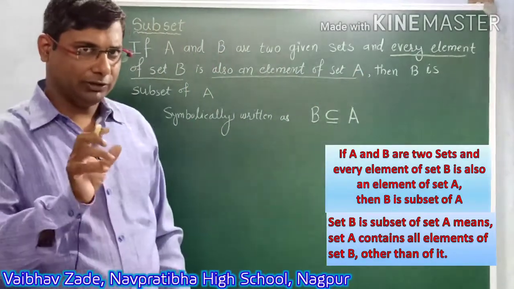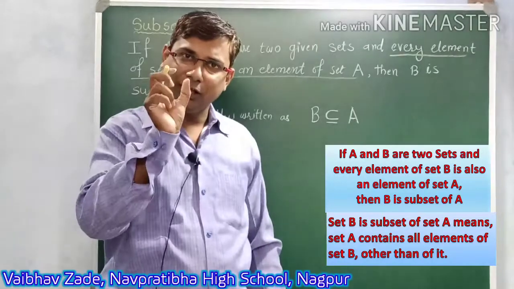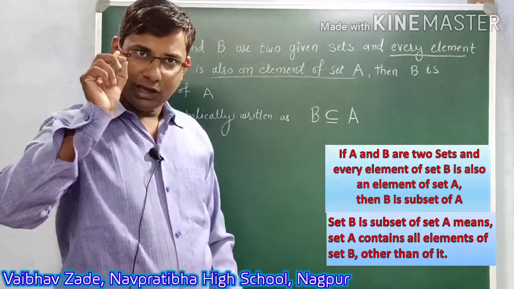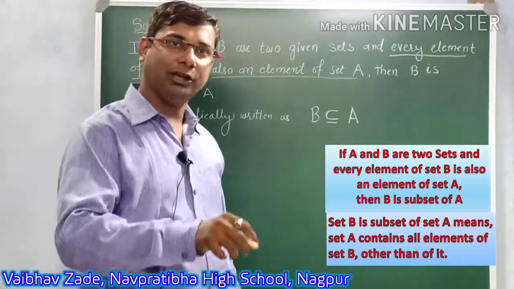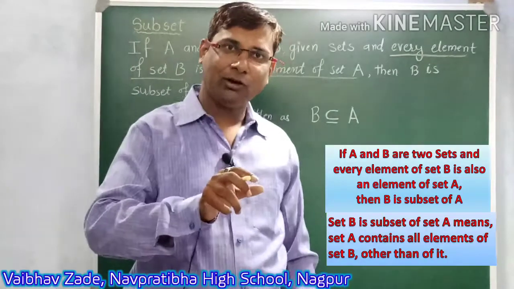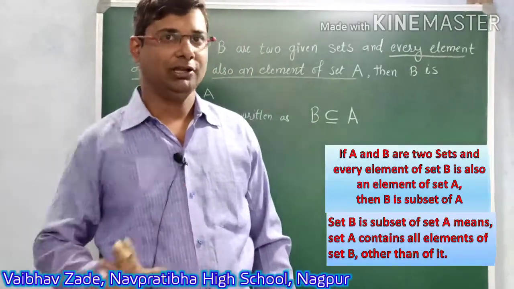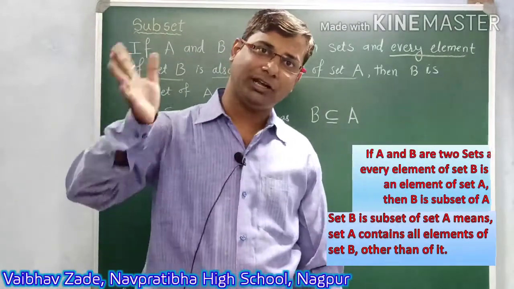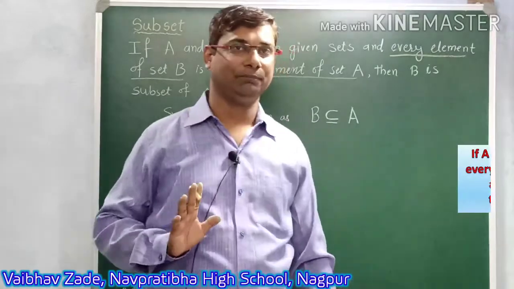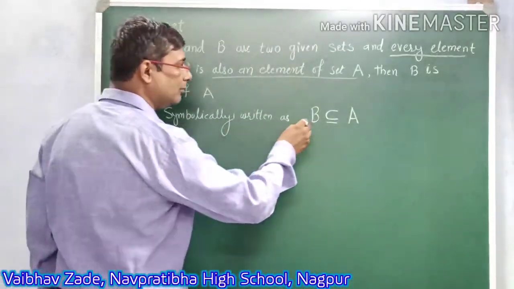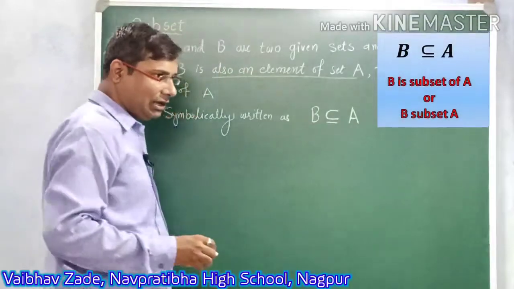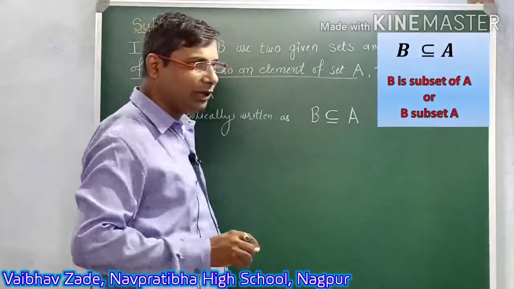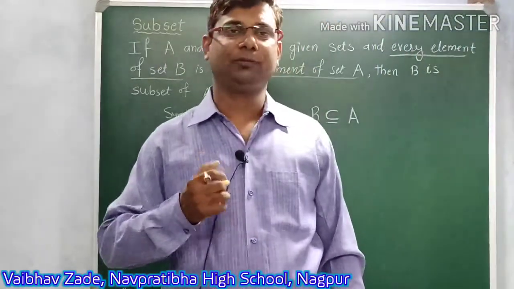म्हणजे याचा अर्थ की B मधले जितकेही एलिमेंट आहेत तेच एलिमेंट A चे पण एलिमेंट आहे. It means every element of B is also an element of A, or otherwise I say that set A has all elements of set B. म्हणजे A मध्ये B चे सगळे एलिमेंट्स आहे आणि त्याच्यापेक्षा जास्त पण एलिमेंट्स आहे. Symbolically आपण कसं लिहितो? B is a subset of A. How can we say that B is a subset of A? B is a subset of A. Also I explain to you what is a subset of A.